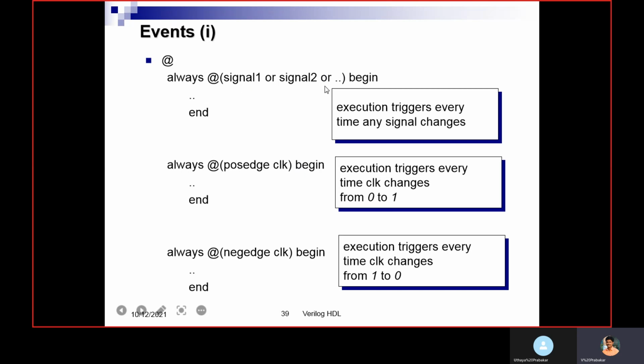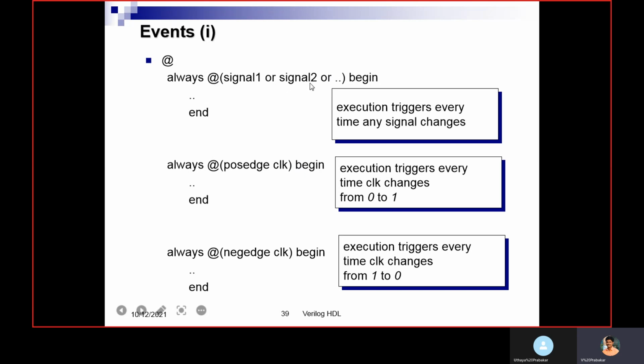Within this sensitivity list, we need to mention the signals. If I mention signal 1 or signal 2 or any signals, whenever there is a change in those signals, that means when it changes from 0 to 1 or 1 to 0, that edge is recognized by this @ symbol.